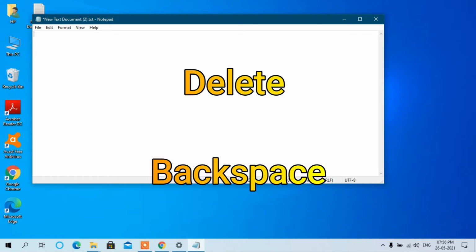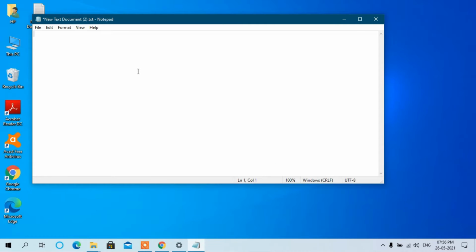It deletes from right to left, but with Del, we can delete the characters from left to right. See, now I'm using Del. This was about the Del and Backspace commands.